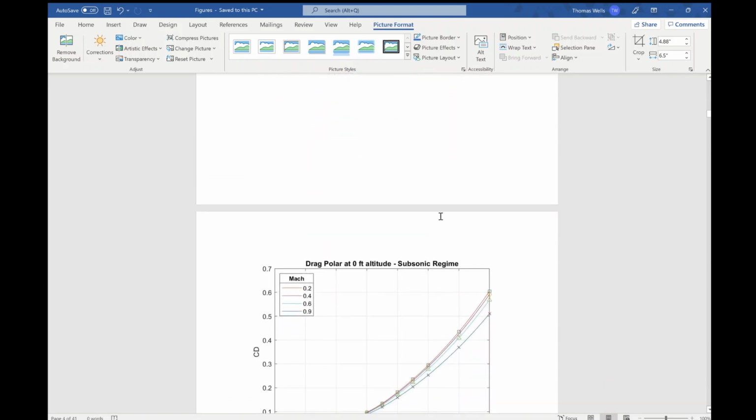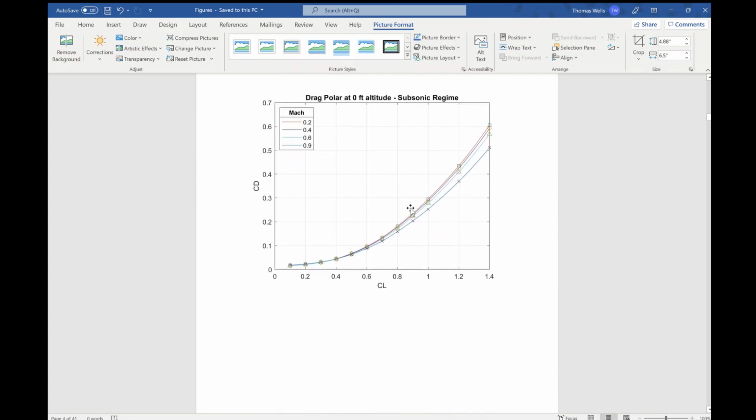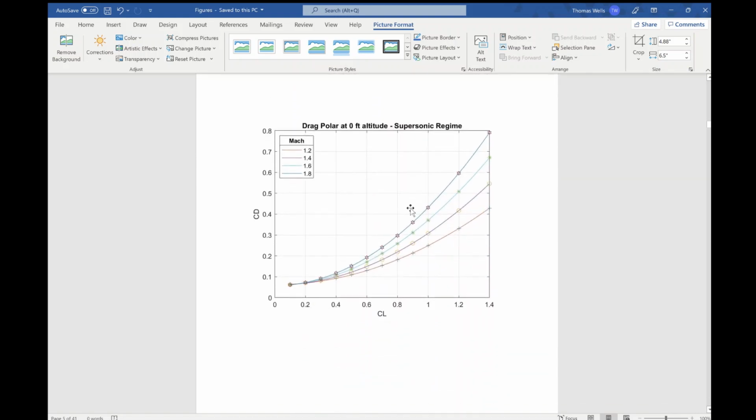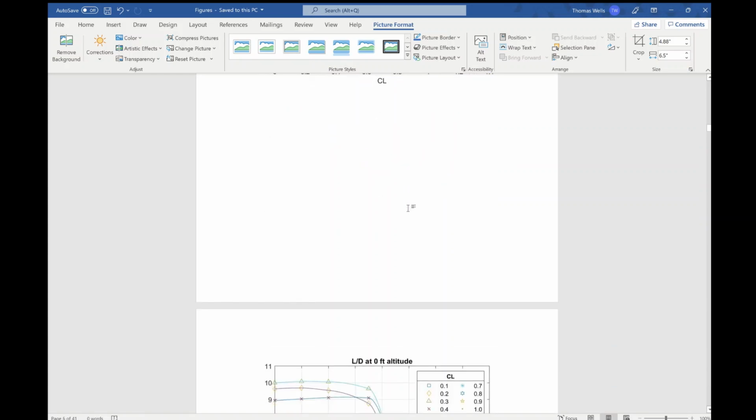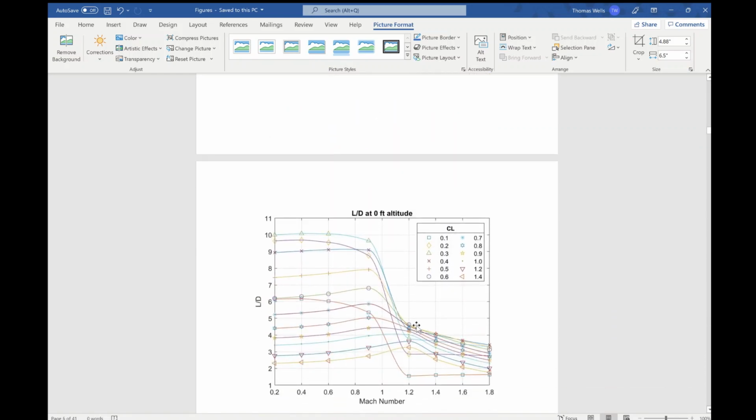So now the next couple graphs are going to be our drag polars, both in the subsonic and supersonic regime, as well as the L over D at sea level as a function of Mach number and what CL value you're going to be at. So this is very valuable to look at and see in comparison of this L over D across different altitudes,